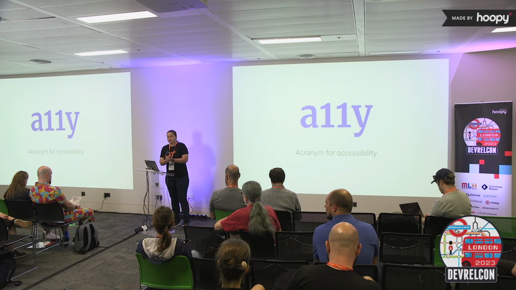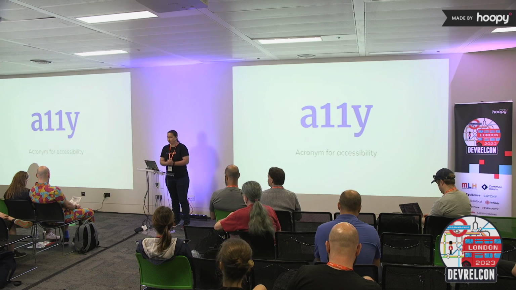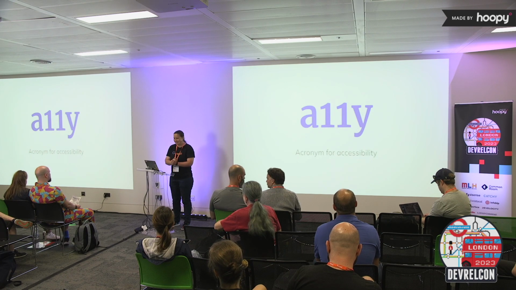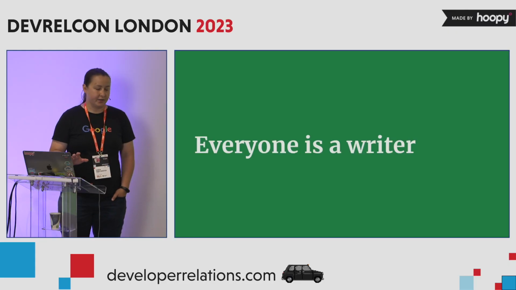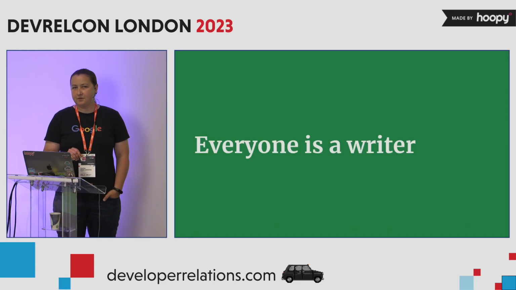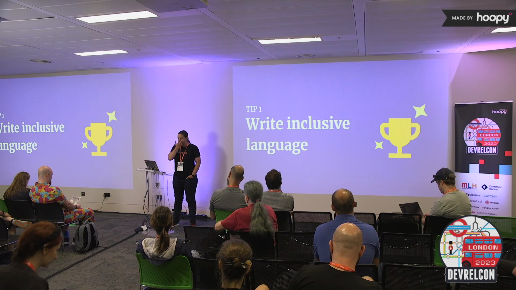And let's start with the best practice, which is defining acronyms. You may have seen A11Y or LI in this talk and elsewhere on the web. This acronym stands for accessibility, as there are 11 letters between A and Y. And the last reminder, everyone in this room, everyone who watches this talk is a writer. And as writers, we should always strive to improve our content. On to the first tip.